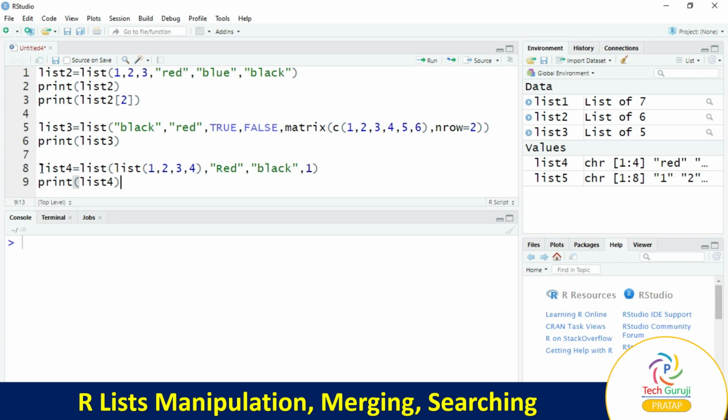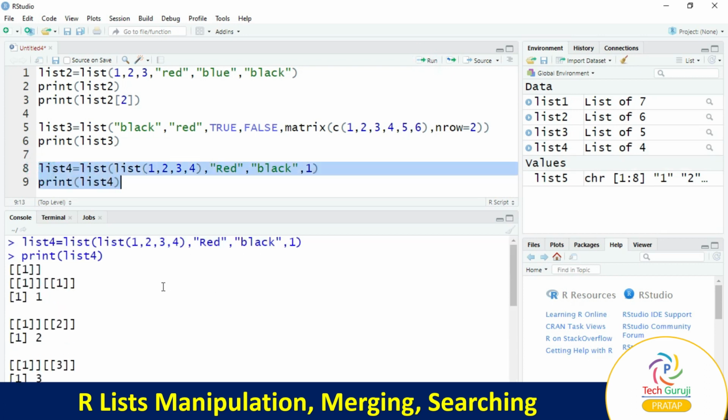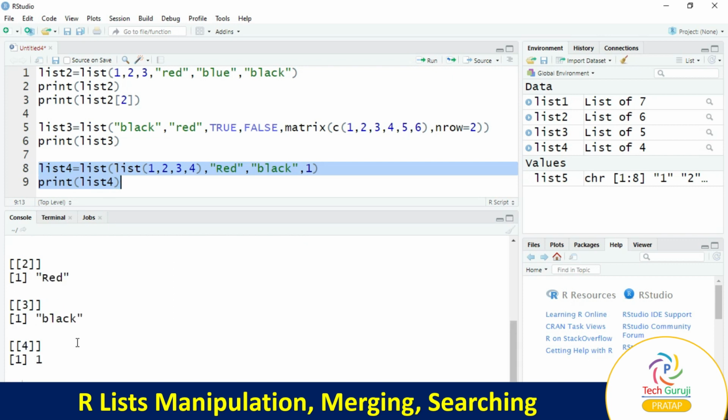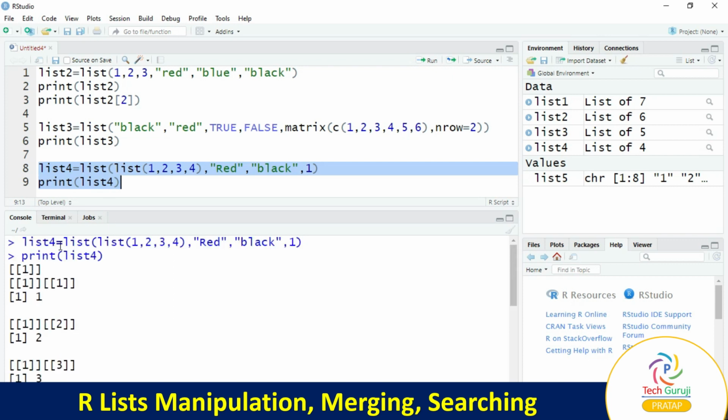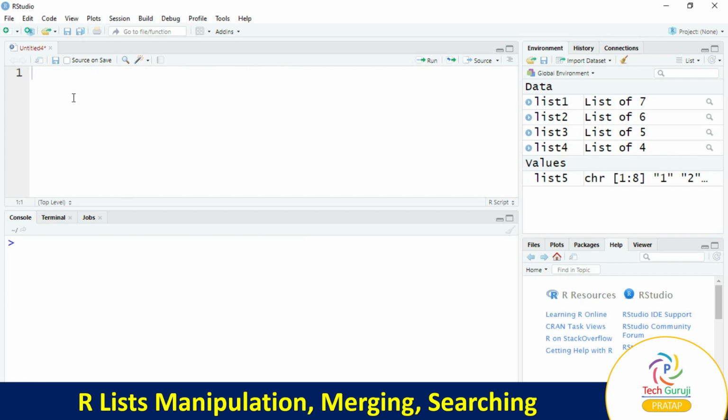Select two lines and run. So it displays the items, meaning we can take a list within a list.